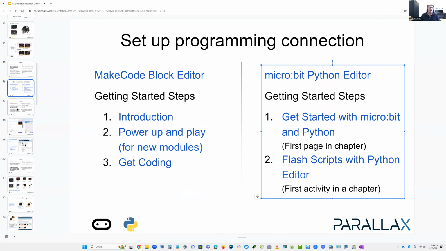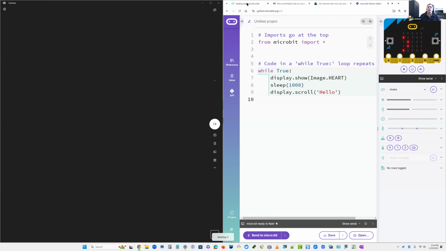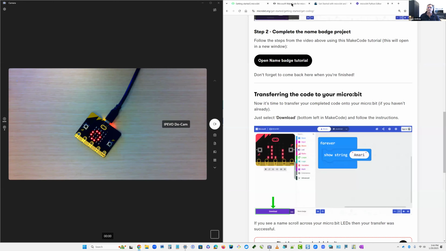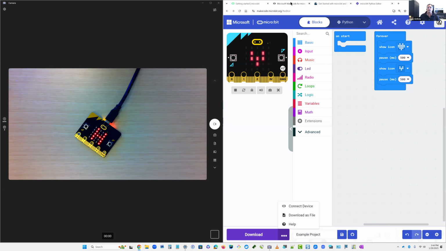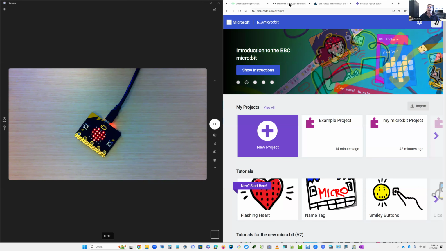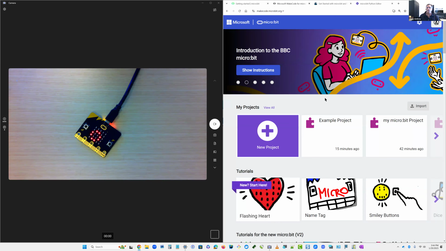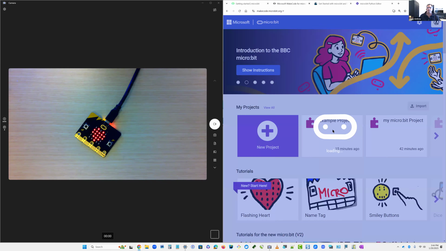Okay, next up we have editing and saving scripts. In the MakeCode environment, if you're using the same computer, it will remember your projects. But if you want to save them to, say, a flash drive, what you'll need to do is, if you're in a project,